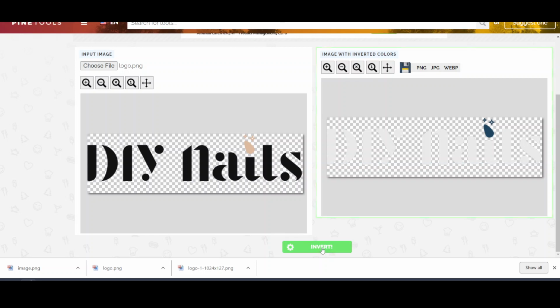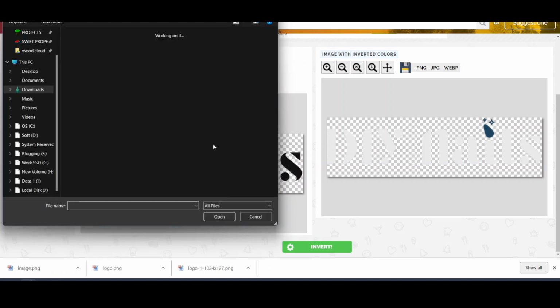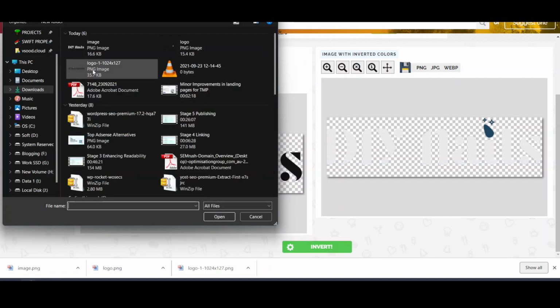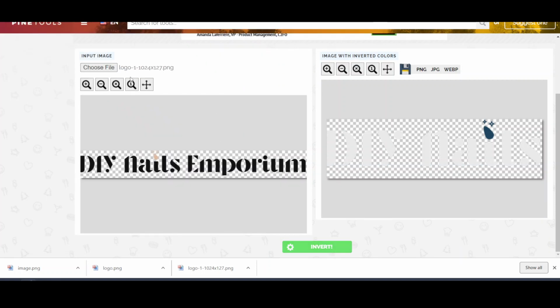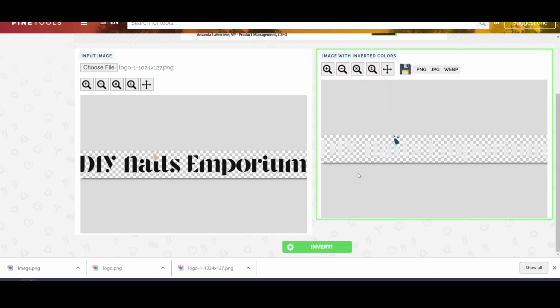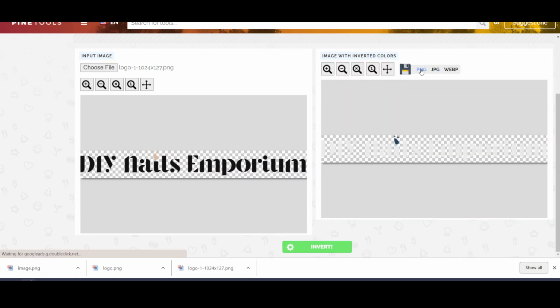Sorry, it's not uploading it. So we can invert this one also and save it as PNG. Okay, so now we have got the inverted images.